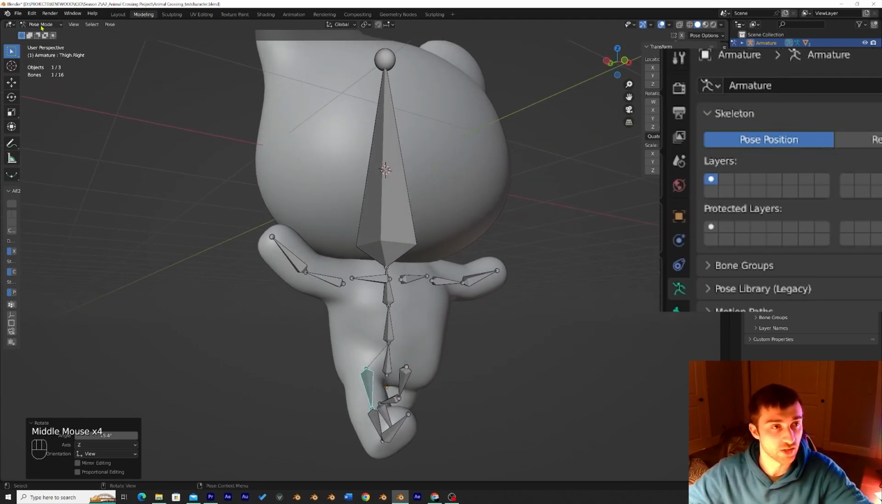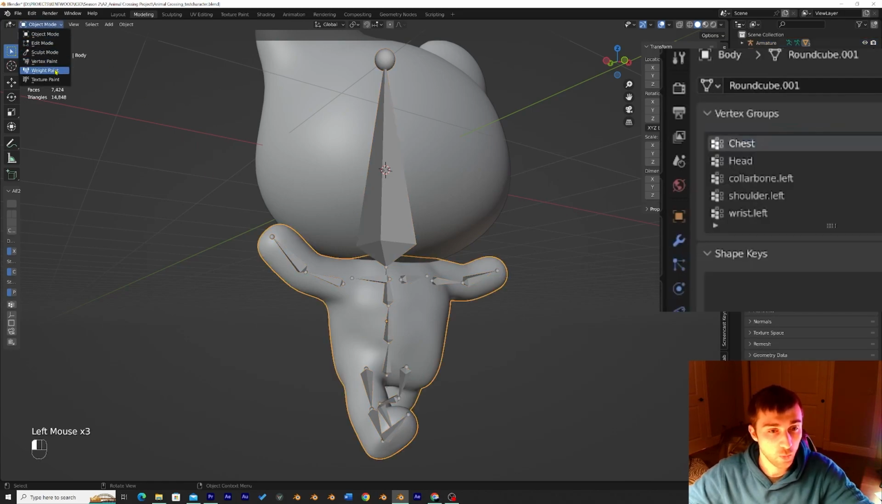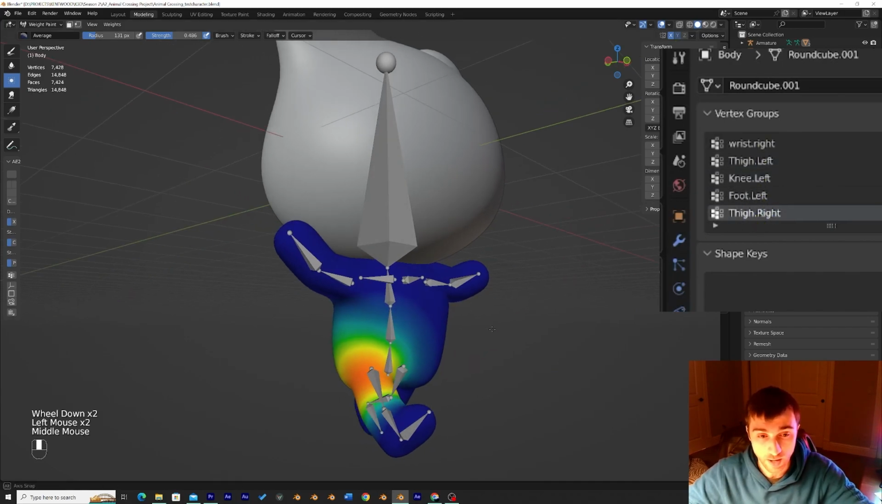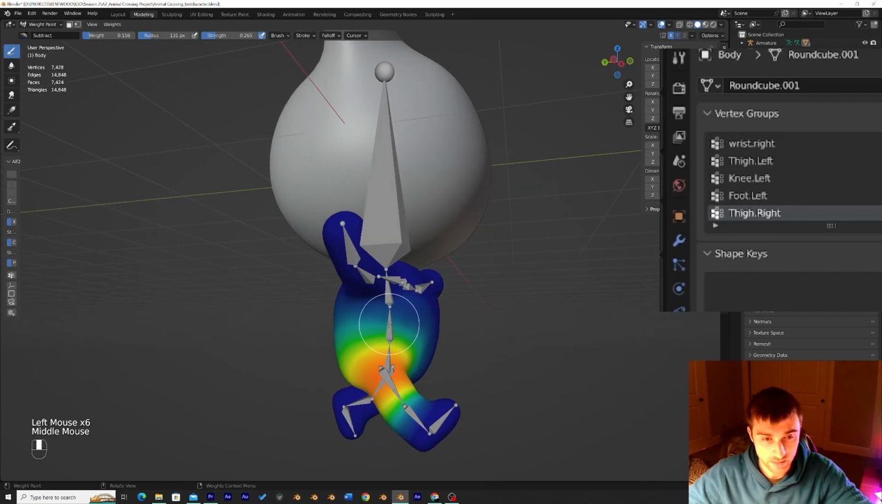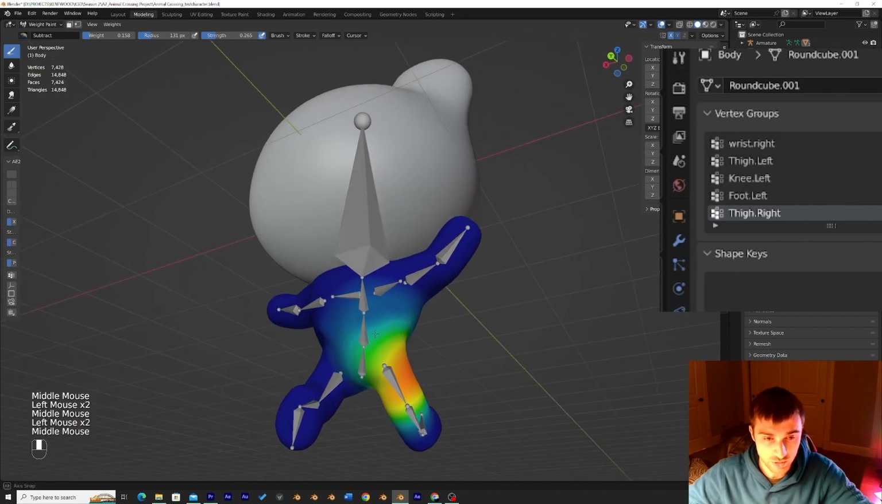We don't want that. So we need to go into object mode, weight paint, and we need to find this. This is why it's important to label your bones, by the way. Thigh right, we need to erase some control from this. So I'm just gonna go to subtract and kind of subtract this out a little bit so it's not controlling so much of our